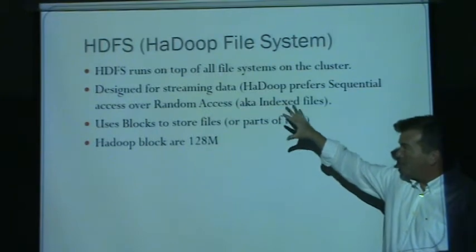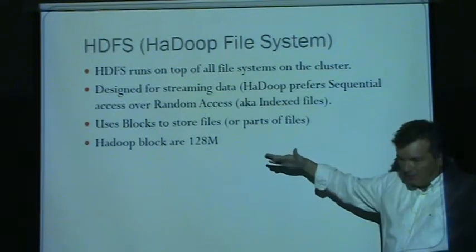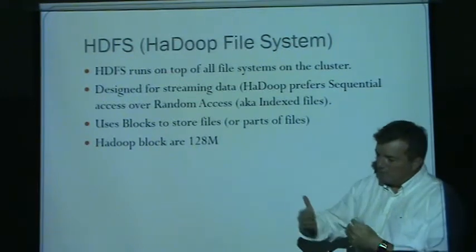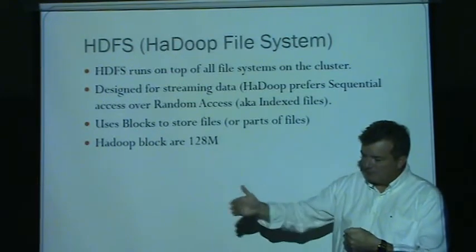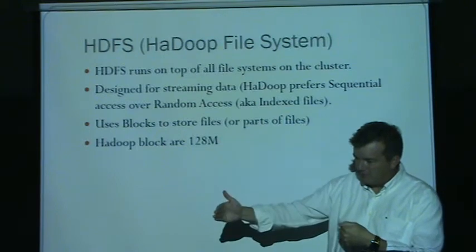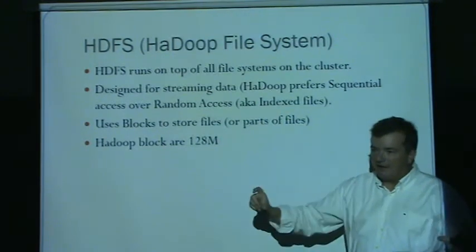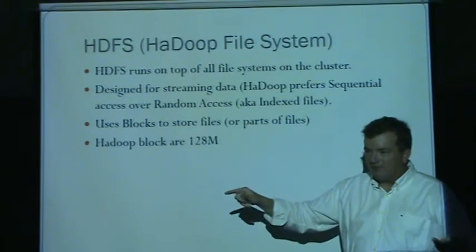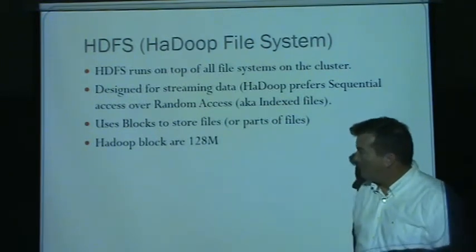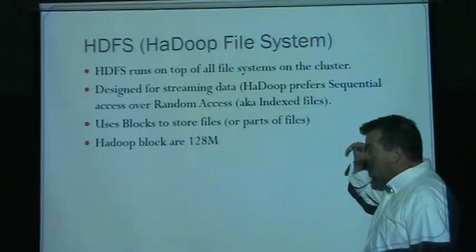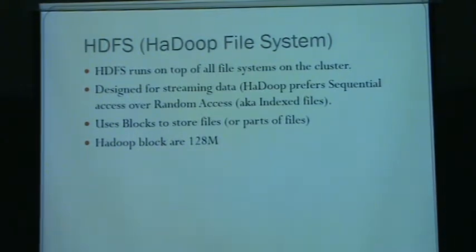So Hadoop has its own file system, which kind of sits on top of all the other file systems. We might take a file in Microsoft Word, a sequential file, a file that is contiguous on the disk drive, and we might make a Hadoop copy of it where it's highly indexed, so we can find stuff in the file. So the Hadoop file system kind of sits on top of all the other file systems that are put together.